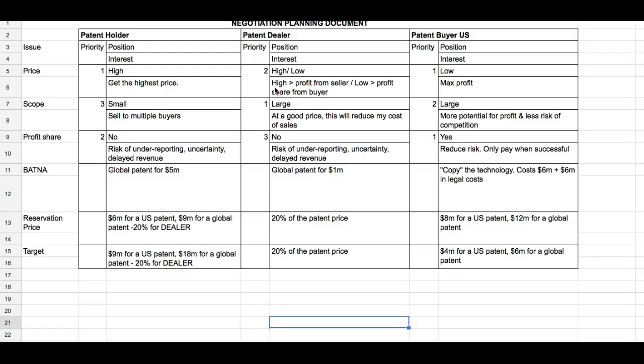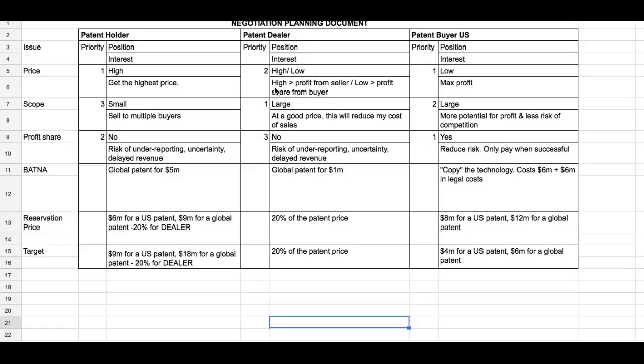So we're all on the same page now. So basically, what we're going to do is a three-way negotiation, which I think will hopefully be a stylized form of the things that you need to consider when you are negotiating a patent deal. So we have three parties, not four parties, three parties. The patent holder